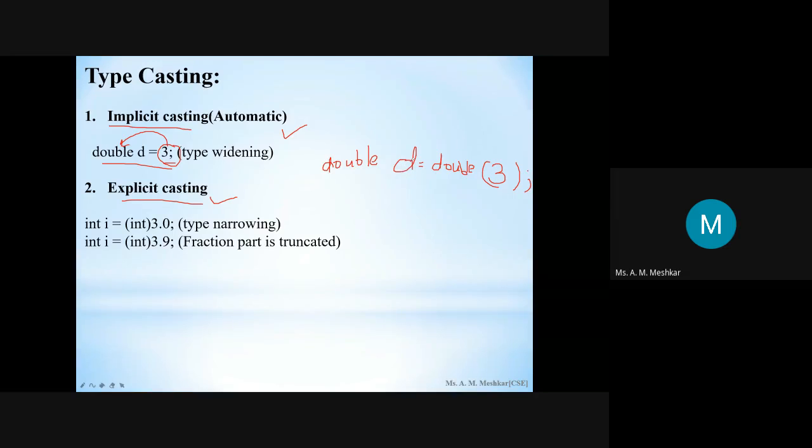So as you can see, you need not write this much. You can simply write double d = 3. तो यहाँ हम बोलते हैं टाइप वाइडनिंग हो रहा है, तो जब सोर्स वैल्यू लेस साइज की है, और जिसमें आपको कन्वर्ट करना है मतलब डेस्टिनेशन लार्जर साइज का है, उस केस में इम्प्लिसिट